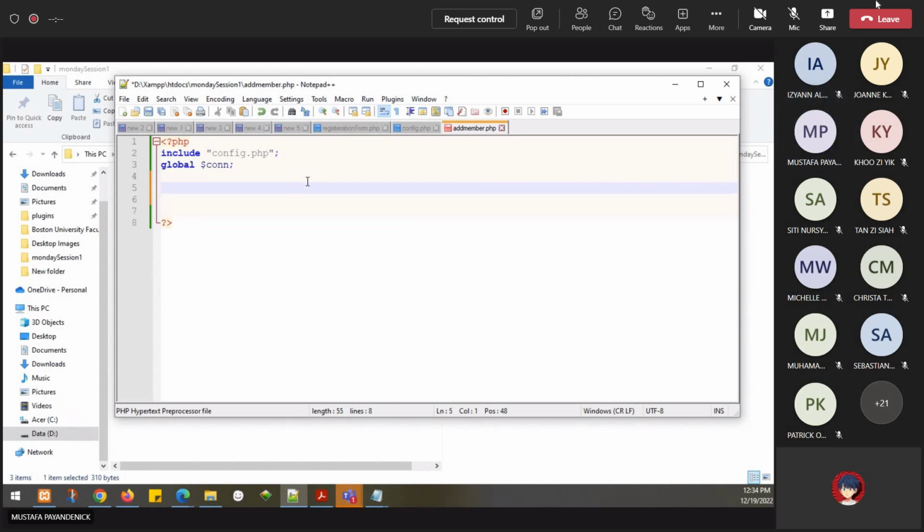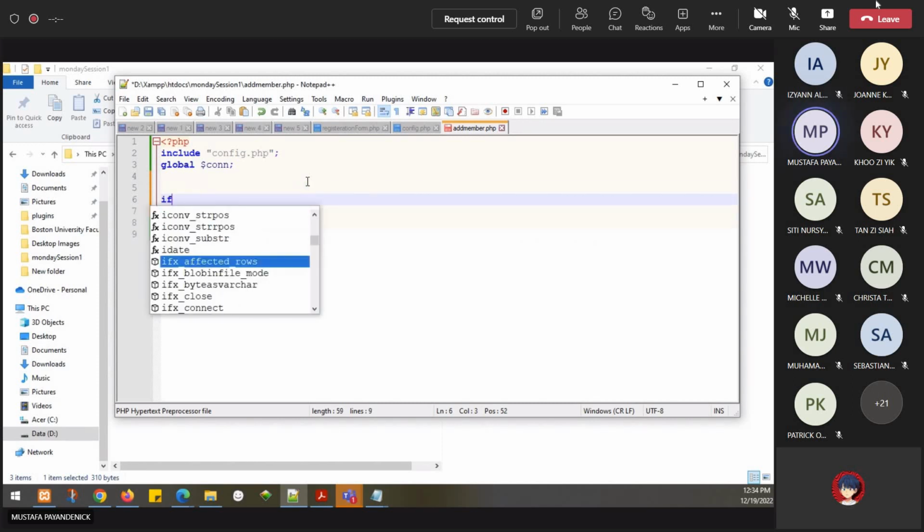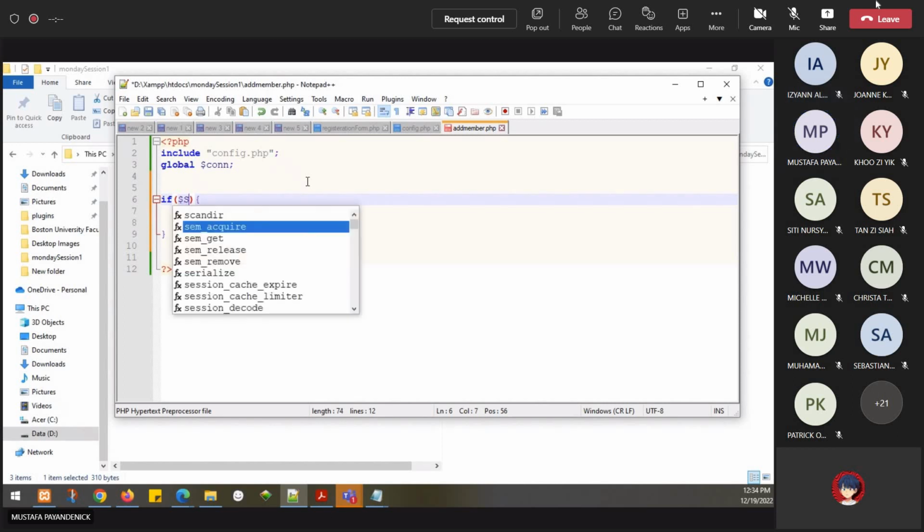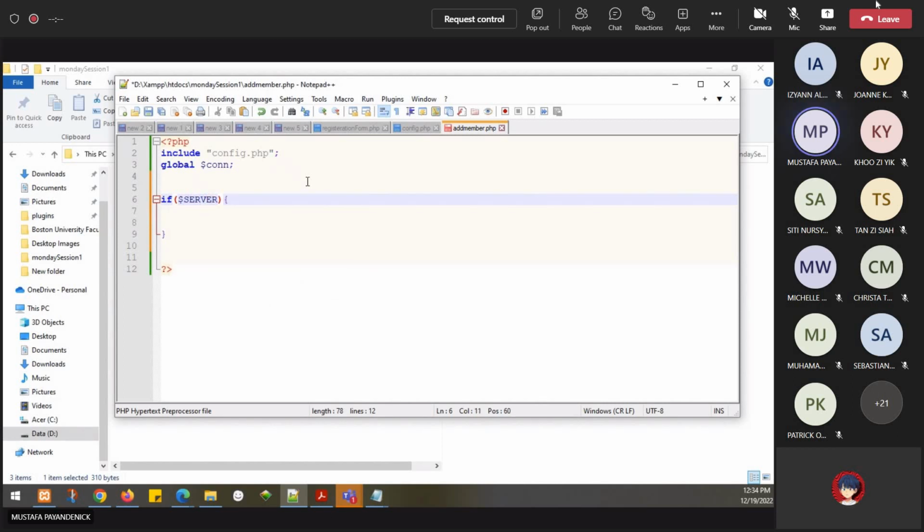So, what we have to do? Let me write an if statement. What is this if statement? I state server. This is a built-in function. You don't need to worry about that one. Okay, if server